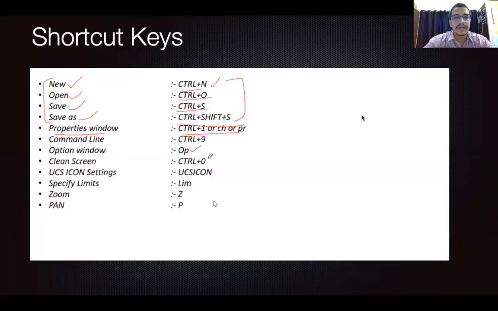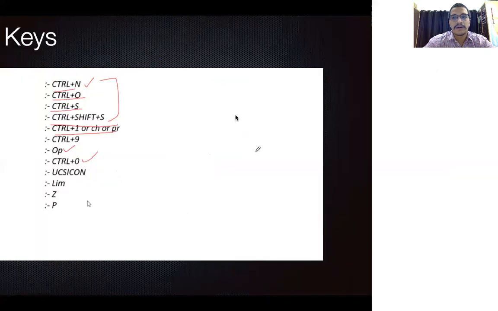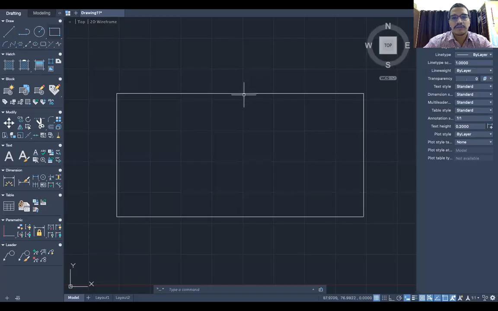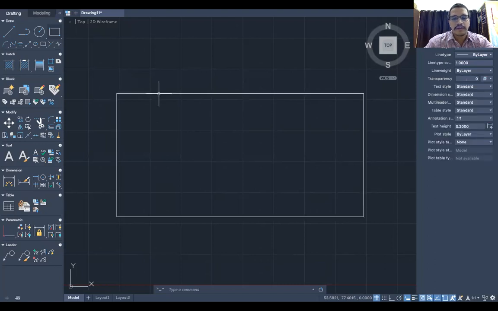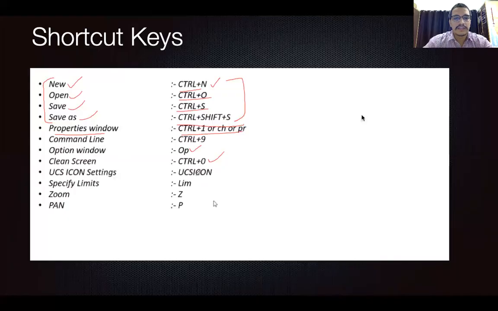The next part is clear screen. If you want to delete any particular drawing, for example if I don't want this drawing, I can directly select and delete. Next, the user coordinate system icon, we will be detailing later in this video.